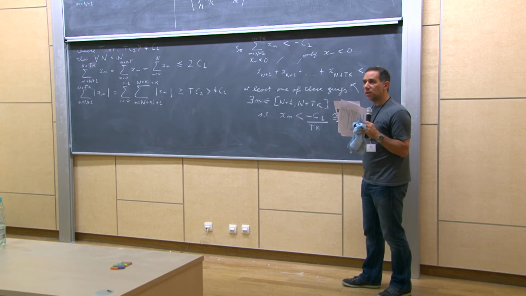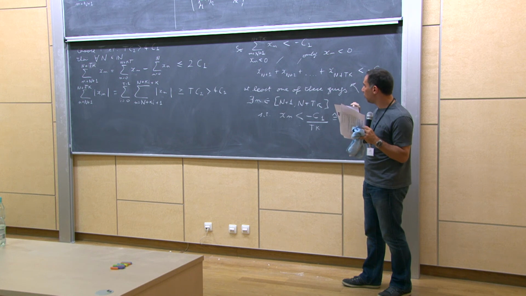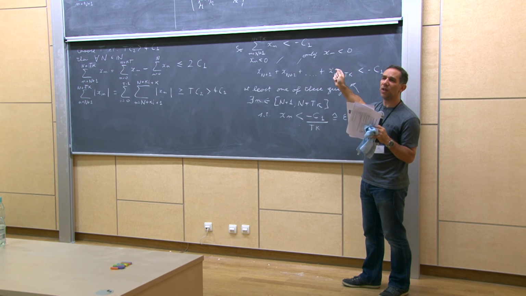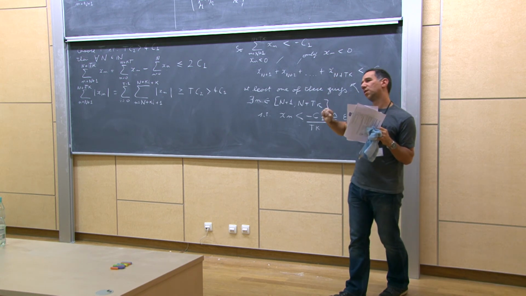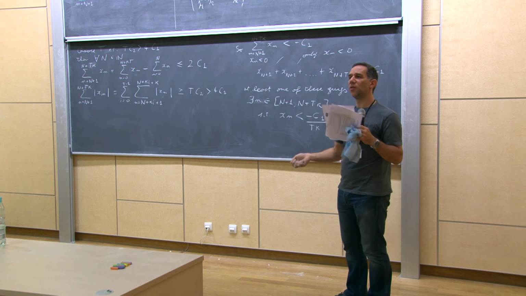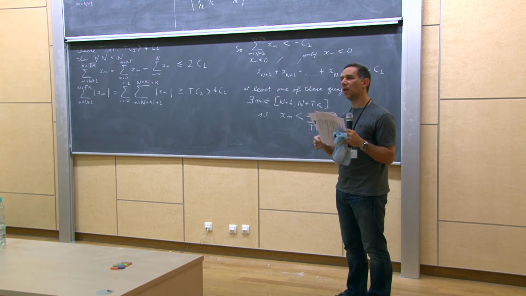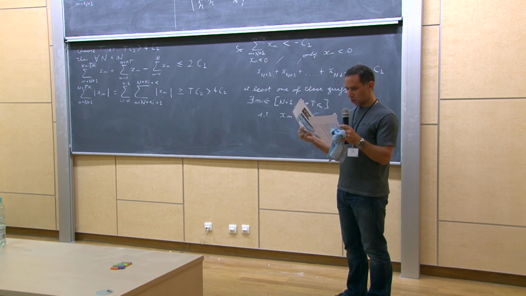Does that make sense? Sorry, I made more of a mess than I thought I would. To show that it goes above epsilon infinitely often, you just consider the sequence minus xn, you do everything, and you show that the sequence minus xn goes below epsilon, and by symmetry, you're done. Right, okay. So